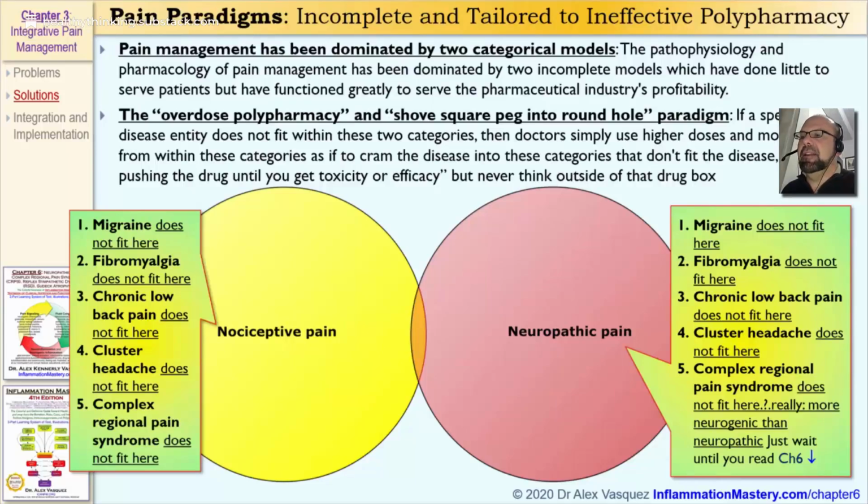So that was very important. Let me see if I can say that again. The entire medical model of pain management is based on the interventions that they use, drugs, surgeries, procedures, and those drugs address two categories of pain, nociceptive pain and neuropathic pain. The pain that we see with vitamin D deficiency is not nociceptive and it's not neuropathic, and I think that because the paradigm is inaccurate, I think that's why a lot of medical physicians have a hard time integrating the idea that vitamin D deficiency could cause pain. Because the way that most medical physicians are taught to manage pain is to look at it from a nociceptive perspective